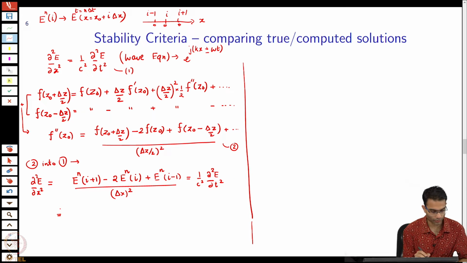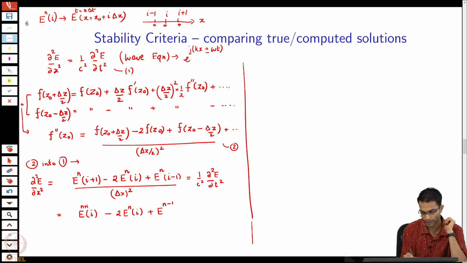Okay. So, now what should I write this as? First term, I am trying to approximate the second time derivative. So, E, what do I write? What point in space should we choose? The simplest point in space, I, very good. Time, n plus 1, that is right, because now I am taking a time derivative. So, I have to take different grid points in time, minus 2 E^n_I plus E^(n-1)_I,